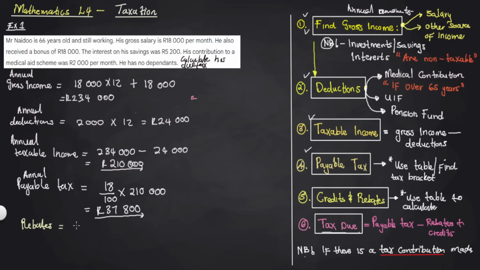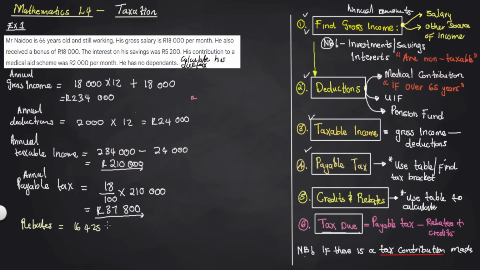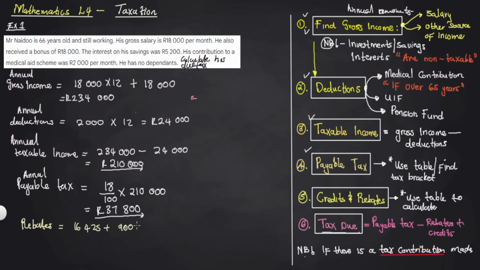16,425 plus 9,000 is equal to 16,425 plus 9,000. We get 25,425. Right, so this is the rebates. So therefore, tax due